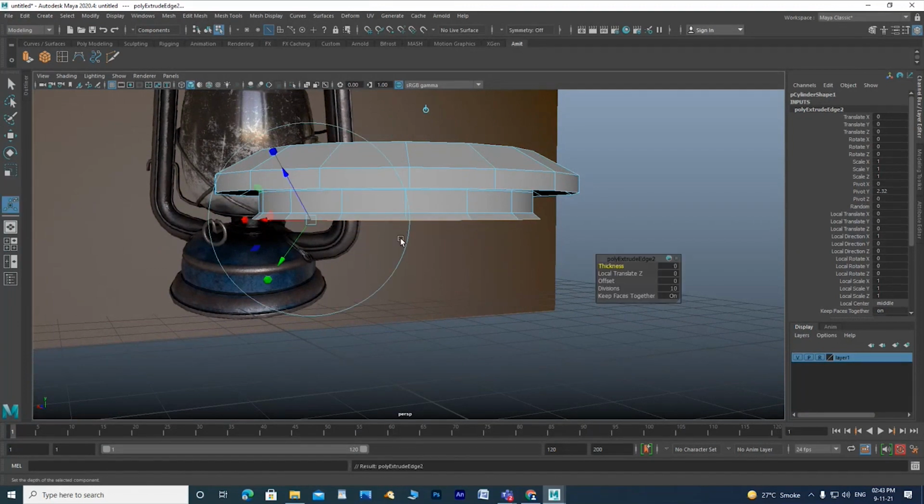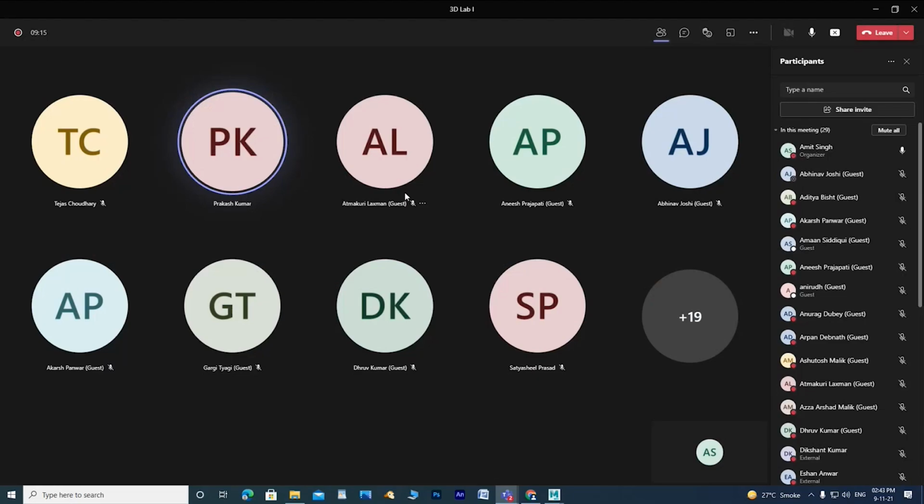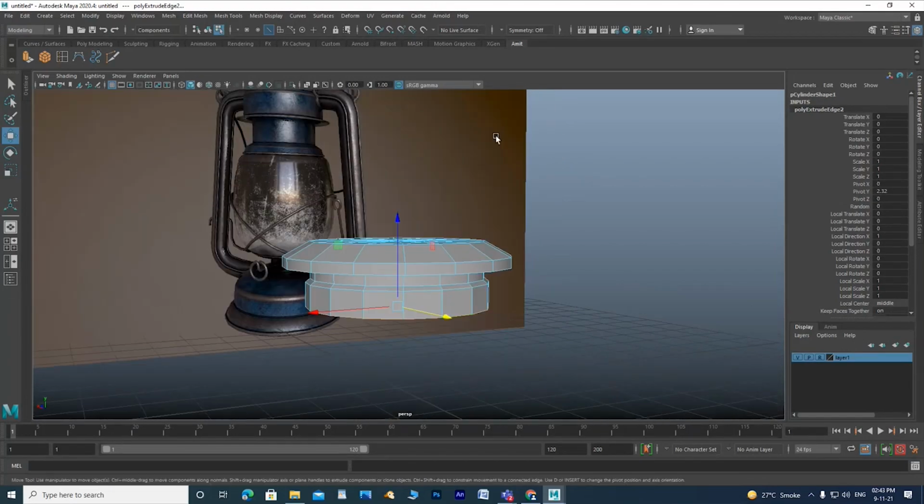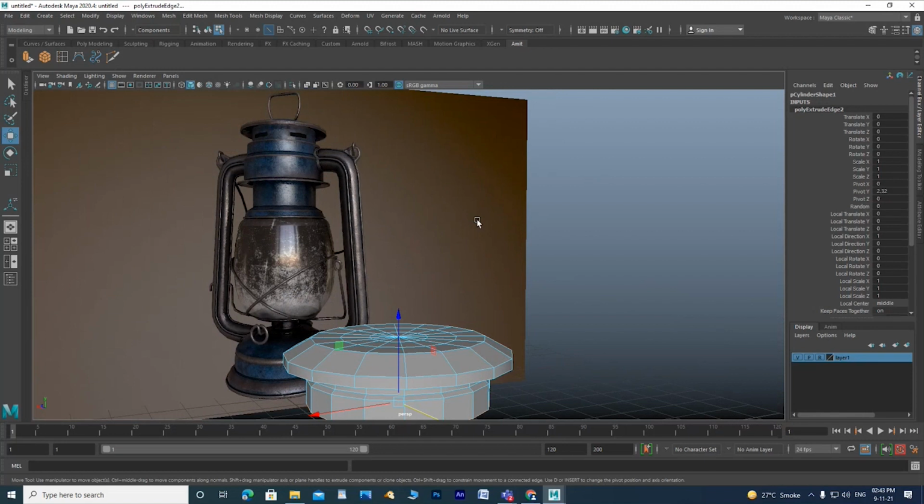Press the G key, which repeats the last command. You have to just visualize the proportion. We are not measuring or matching every point. We are just visualizing.